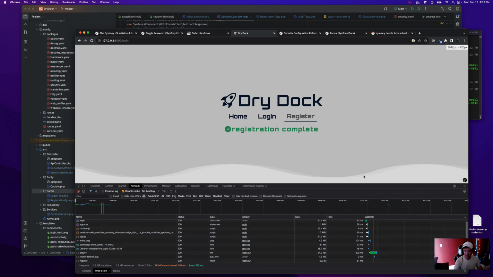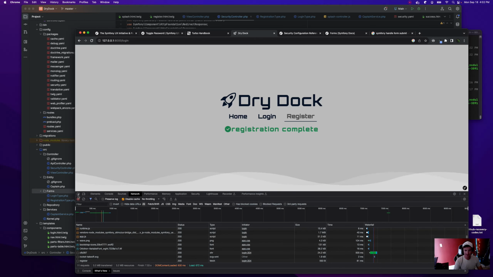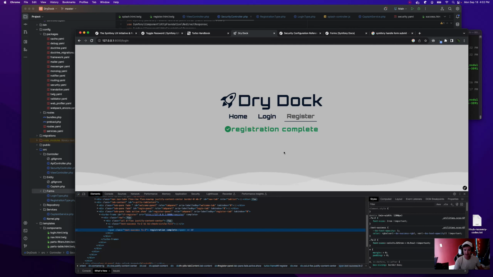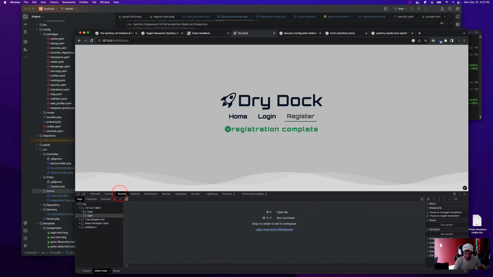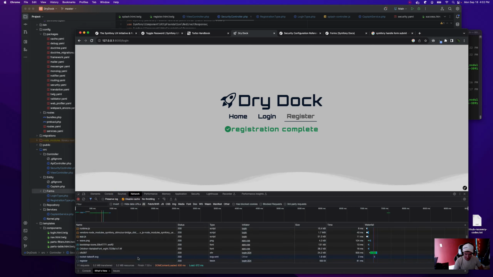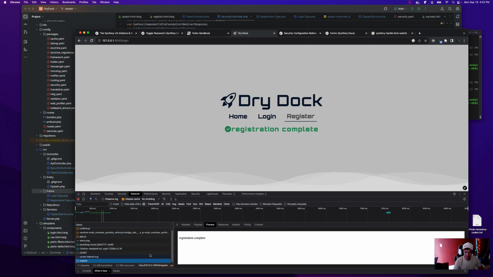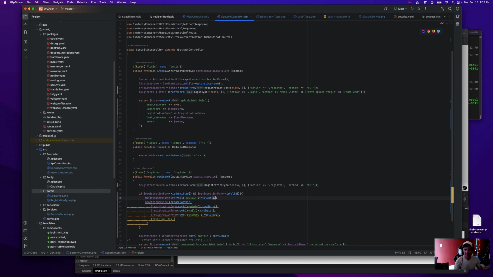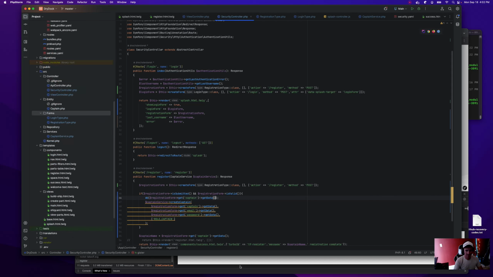Wow, browser just really freaked out. It actually doesn't look too bad. Let's drop it a little bit. Okay, so that's my point. The turbo frames. That's not a page reload. That's our registration complete. Let's just doctor this up a little bit. I'm not sure how that happened though. Oh, it didn't hit this. Is submitted and is valid. That's how. Okay, so the turbo frame is working, but the form's not working.